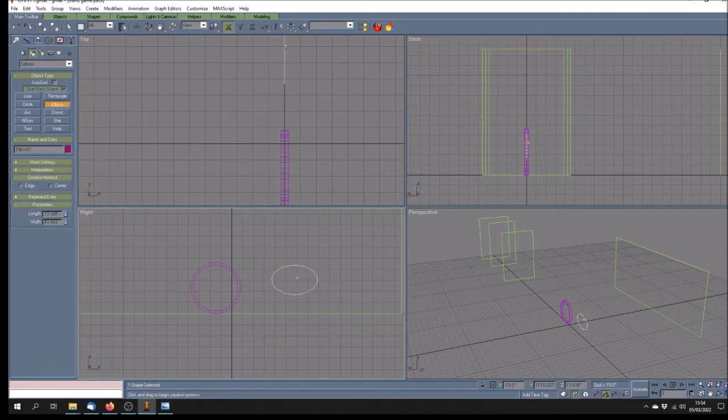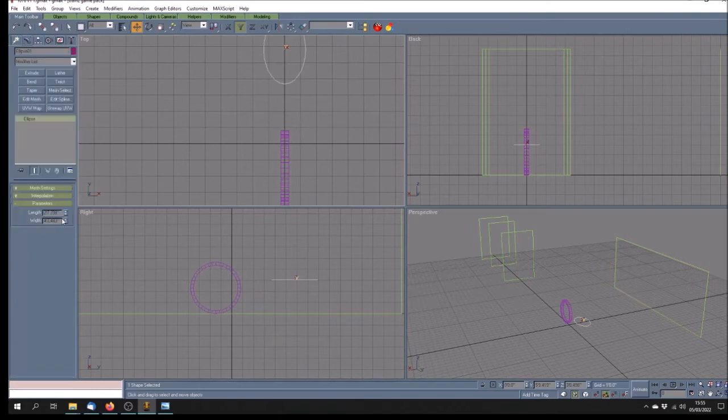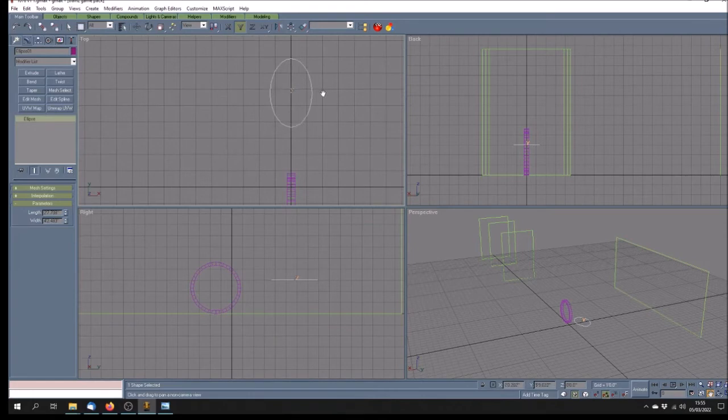That's about the shape that I want, but obviously that's far too big. Let me just turn that over 90 degrees. So I'm just approximating the shape at the moment. Not going to worry too much about it. Make sure that's on the 0 point. Move on the y-axis, and with an ellipse you get the two measurements. You get the length and the width. So I'm going to bring the width down to,